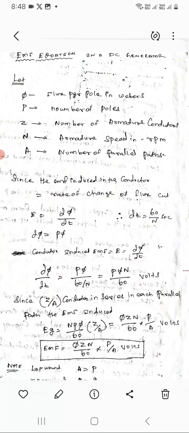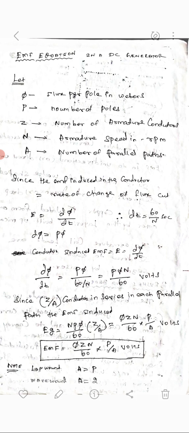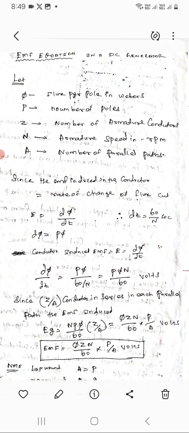Φ is equal to flux per pole in Weber. P is equal to number of poles. Z is equal to number of armature conductors. N is equal to armature speed in RPM, revolutions per minute. A is equal to number of parallel paths. Since the EMF induced in the conductor is equal to the rate of change of flux cut,